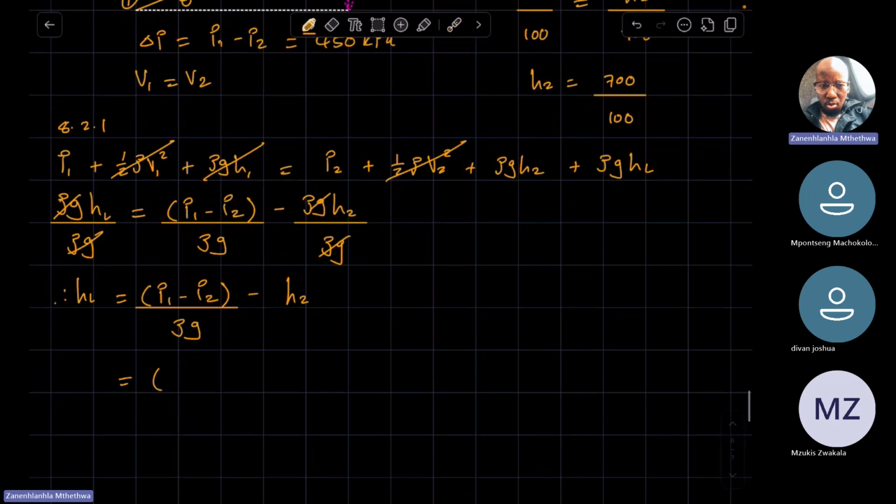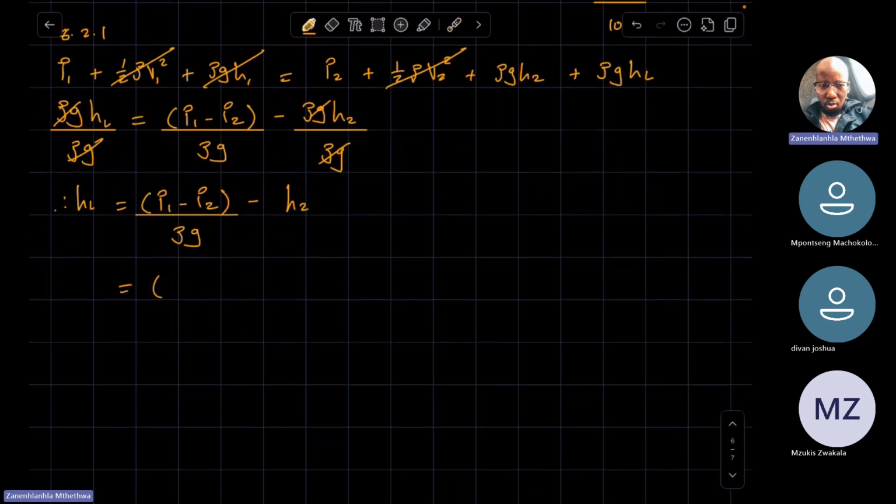So we can replace P1 minus P2 with the 450. Remember, this is in kilopascals, so you convert it to pascals by multiplying by 1,000, divided by rho. Rho of water is 1,000. G is 9,81,